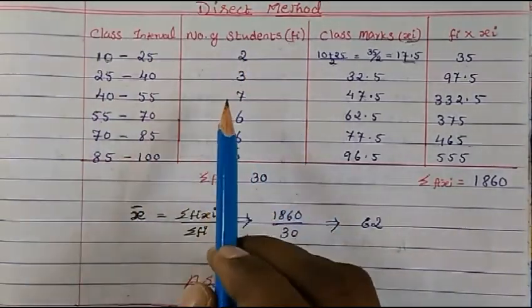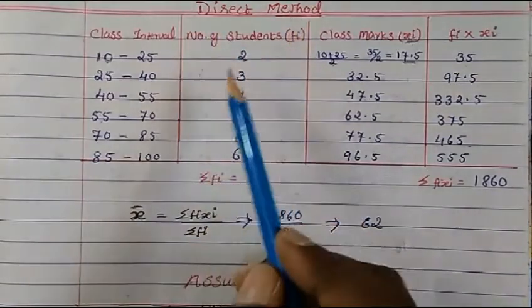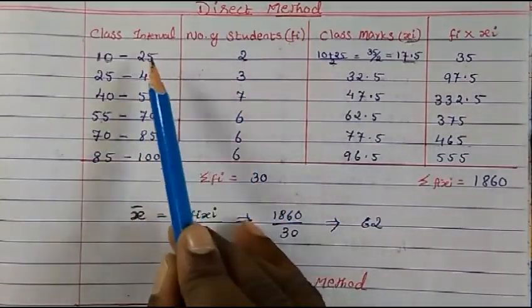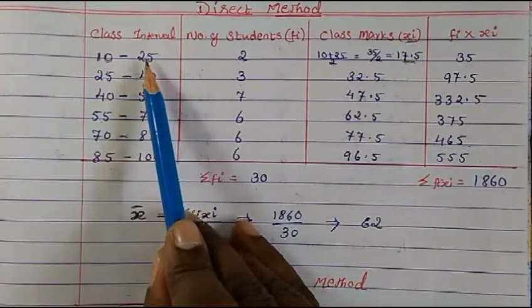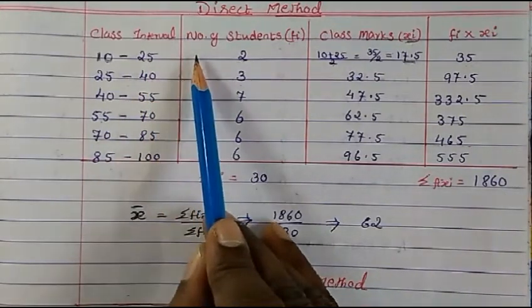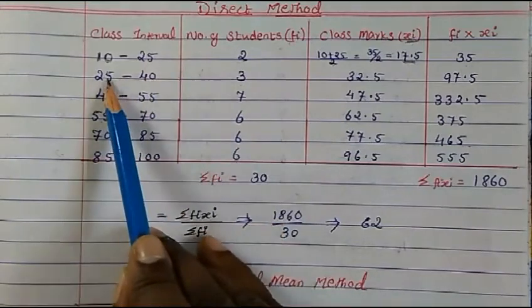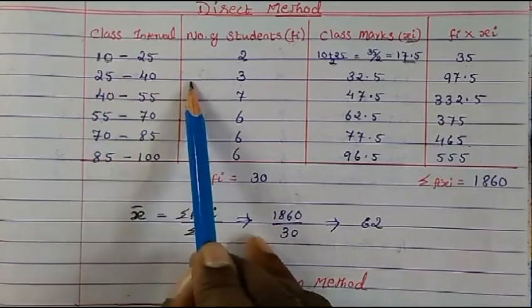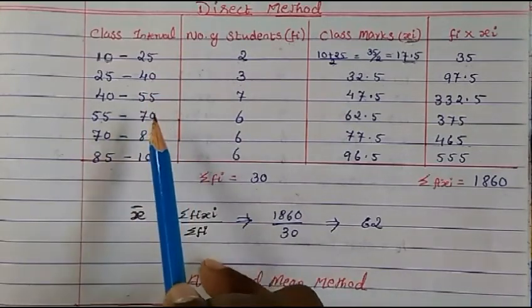Also, very important, please go through the direct method where I explained how to write this. If a student has got 25 marks, it will not come here. Though 25 is here, we will not count that student here, but we will count the student here, because 25 begins here. Where it begins, there we have to count, not here. That part you have to be very clear.